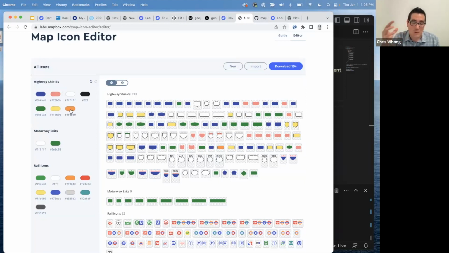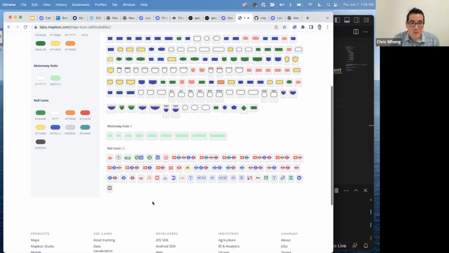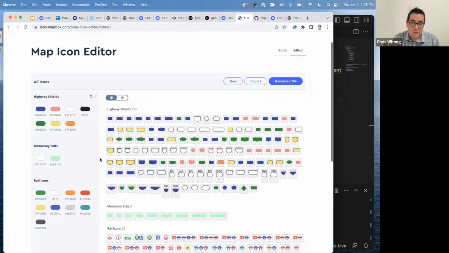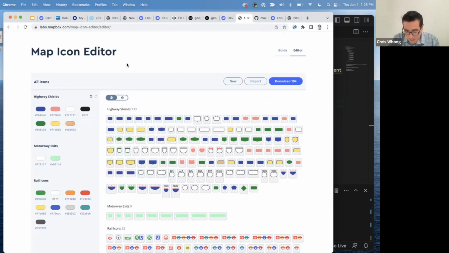So that's a kind of separate process to style these to your needs and then upload them to replace the existing icon set. I think you get the idea here, but same kind of thing where you can download these and then store them and then move them into wherever you want to use them later. But this just gives you some control to tinker with these little color palette things and see what the end result would look like. So that's useful.